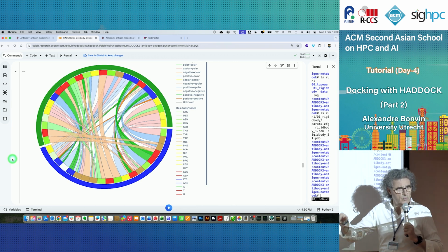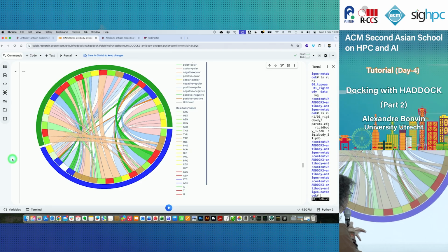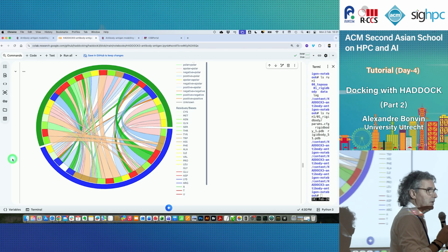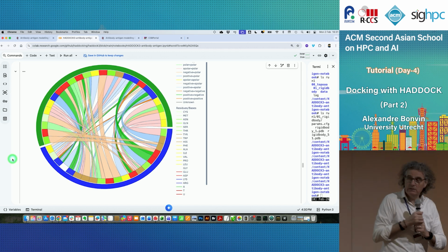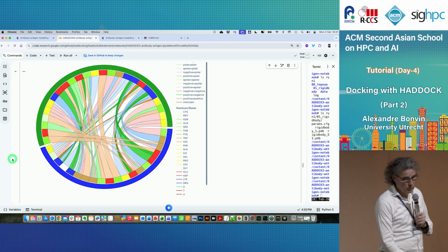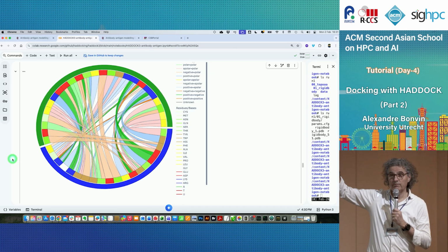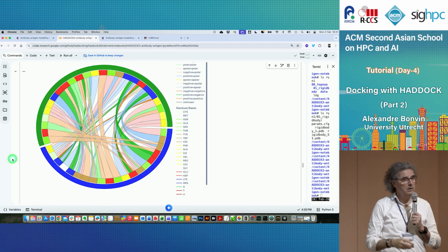You could have this plot for a trimer, a three-molecule docking, and you will see the outer circle will have 3 colors. Then the inner circle indicates the amino acids that are in contact. And they are color-coded based on the type of amino acid. And the chords between them indicate the intermolecular contacts between the chains. You can visualize the complex in PyMOL or VMD, whatever you prefer, but this is giving you a direct view. And the chords are also color-coded based on the type of interaction. Is it an apolar interaction? Is it a charge, positive, negative, all of that. So it gives you a visual